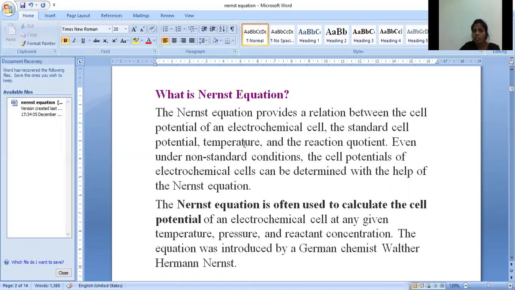So what is the cell potential? Potential of the cell, that is EMF, E cell of an electrochemical cell, the standard cell potential, that is E naught cell, temperature, and reaction quotient. Yes, so here the Nernst equation is giving the relationship between E cell, E naught cell, temperature, and the reaction quotient. Even under non-standard conditions, the cell potential of electrochemical cell can be determined with the help of the Nernst equation. Previously, we have calculated only the